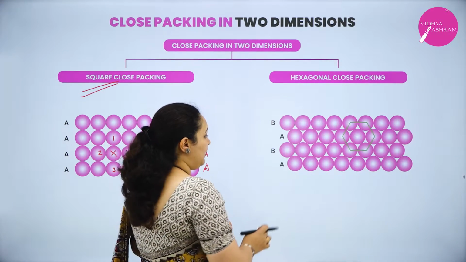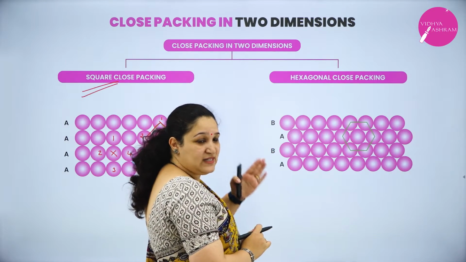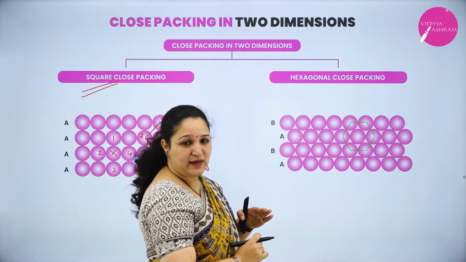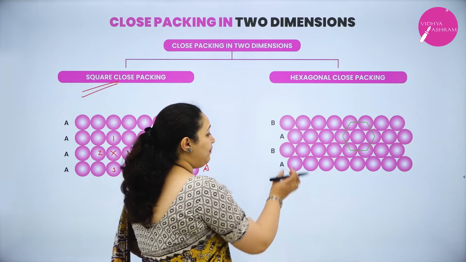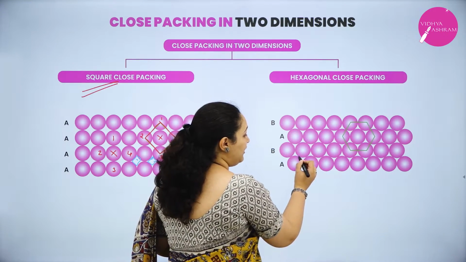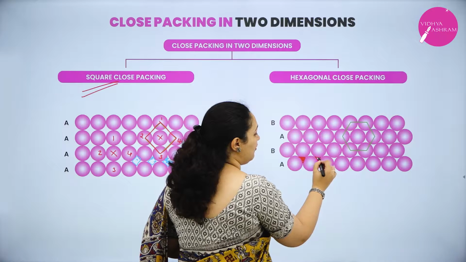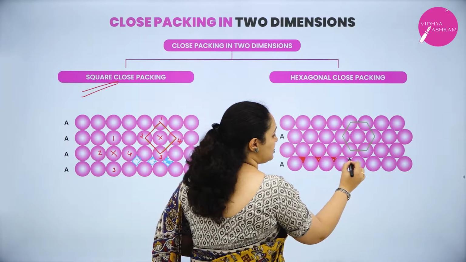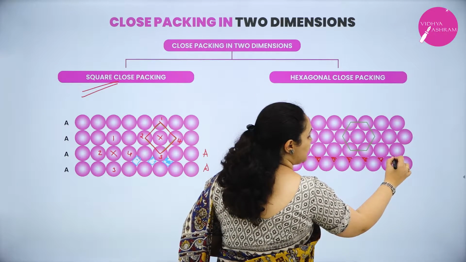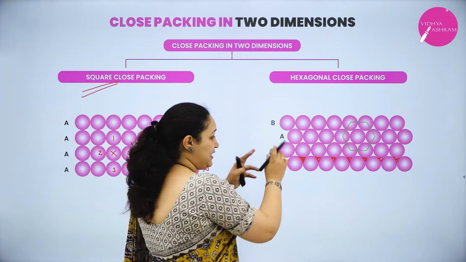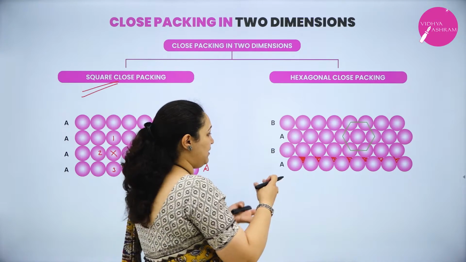Here if you see, this is my one-dimensional sphere, one row we have taken. Now in the second row of one-dimensional spheres, when I stack it, it is stacked in such a way that the particles of the second row fall into the grooves of the first row. This is the groove of the first row, correct? That is the depression or the groove which you can see. The second row particles are placed in that groove or depression.